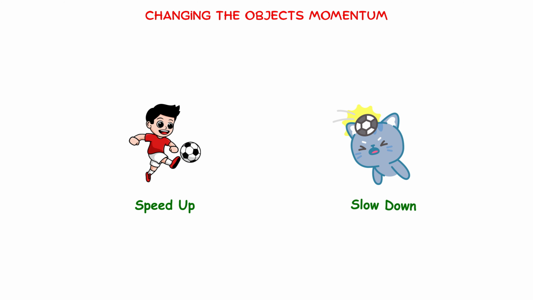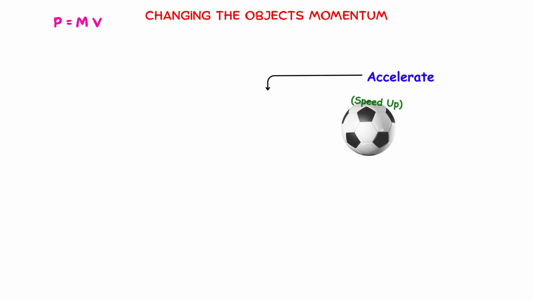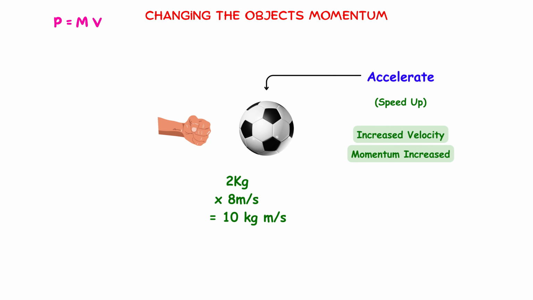In this video, we are going to explore how forces can be used to increase or decrease the speed of an object, effectively altering its momentum. As we discussed previously, momentum is defined as the product of mass and velocity. For example, if we consider a particle with a mass of 2 kilograms moving at a velocity of 5 meters per second, then its momentum would be the result of multiplying 2 by 5, which gives us 10 kilogram-meters per